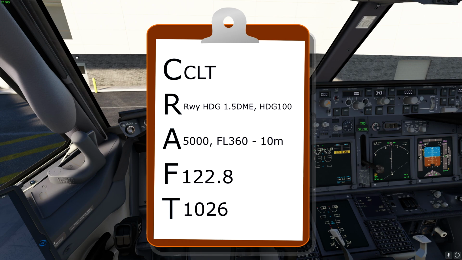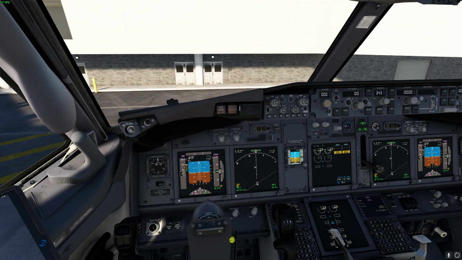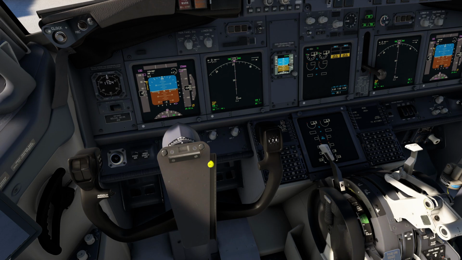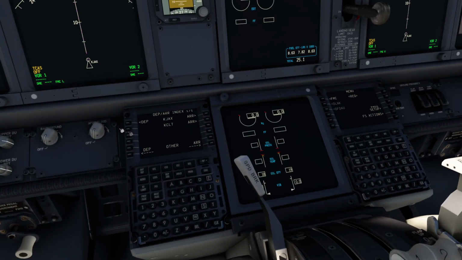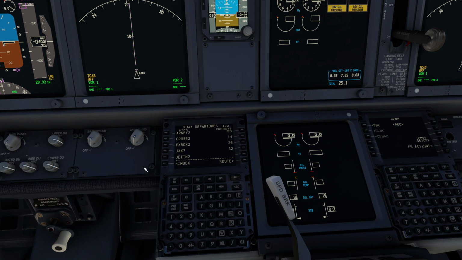So let's go to a different airport which is smaller, where they will give us a clearance via voice. Okay, so we're now on the ground at Jacksonville, and we've just filed our flight plan and got the ATIS, which is Delta. So all we've got to do now is essentially obtain the clearance. So let's quickly go into our departure, and we will keep our SIDs up just in case they do decide to give us a different clearance. But we are expected to have the Crosby 2 departure. So let's go get our clearance now.